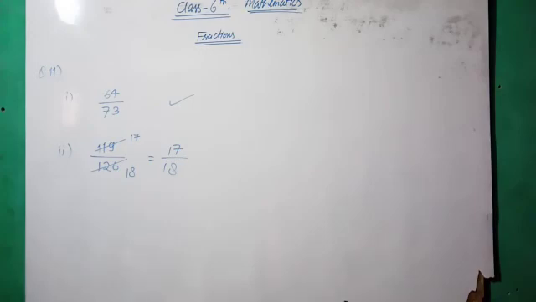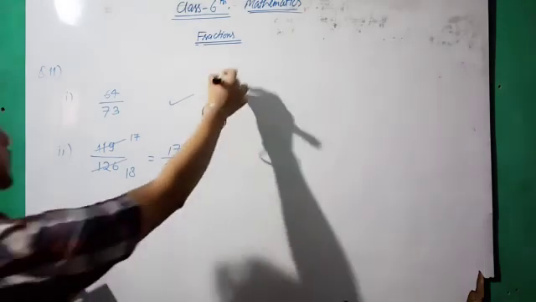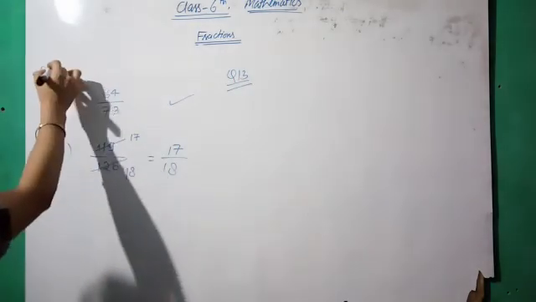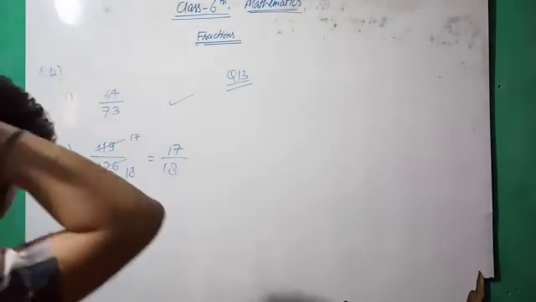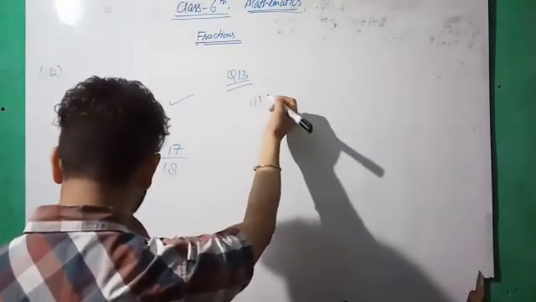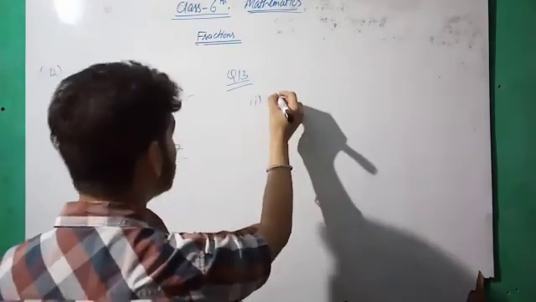Now question number 13. Reduce the following fraction to the simplest form. This is a very simple question. Start with question number 13. This is question number 12. Okay. Question 13, second part. First part is simple. First part is in the form of 3 over 4.